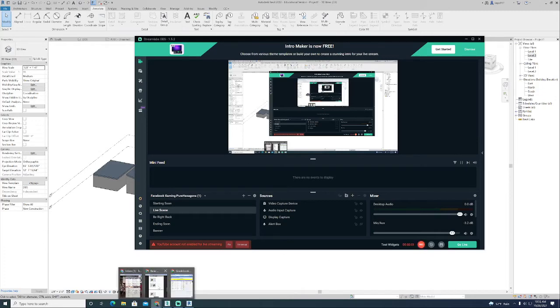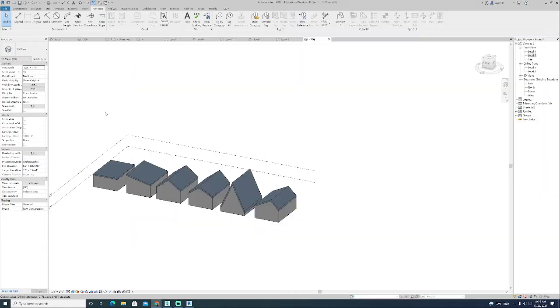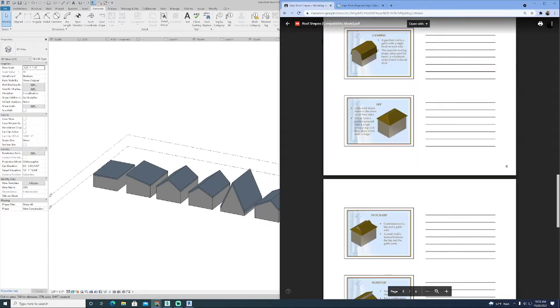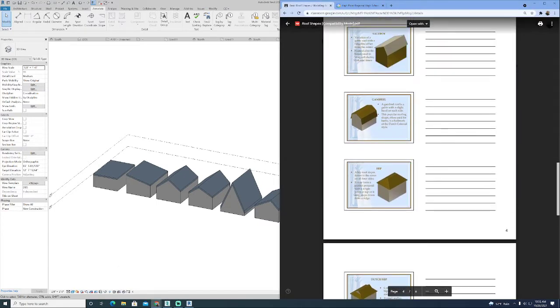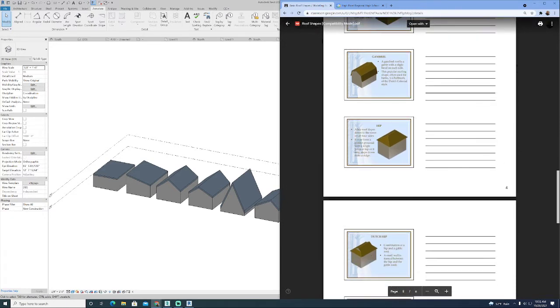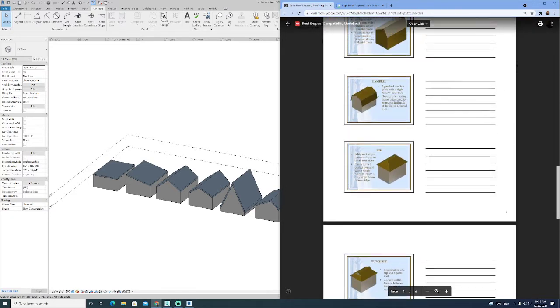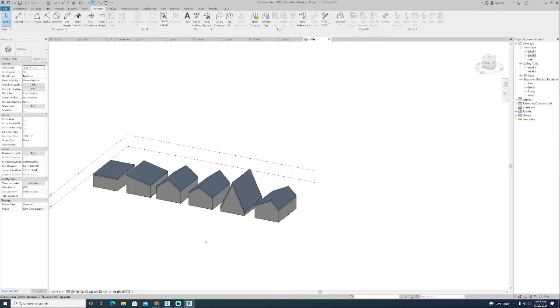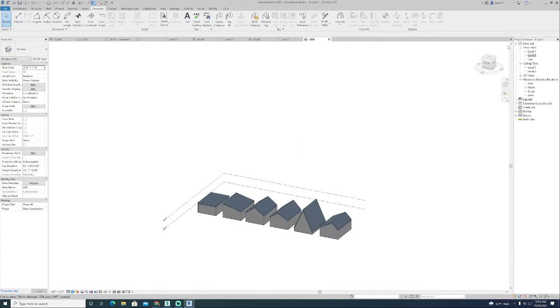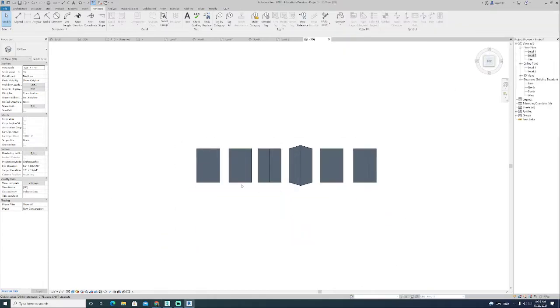Alright, today we're going to keep on going with our roofs, and we need to just keep working down our sheet. So we're going to go down to a Gambrel style roof. We're going to do a hip roof and a Dutch hip roof. Alright, so starting with the Gambrel, what I'd like to do is I'm going to keep